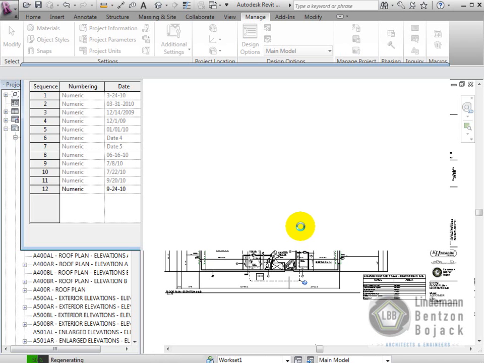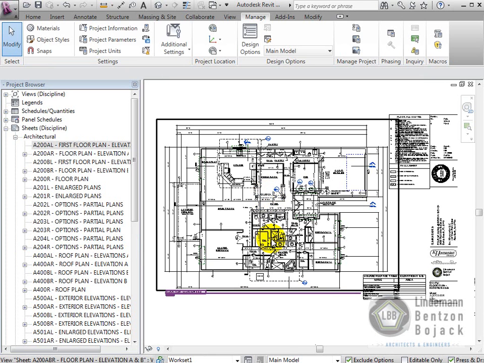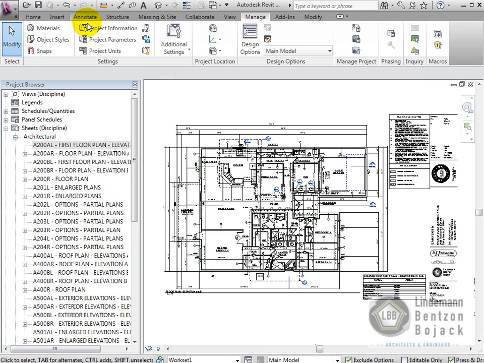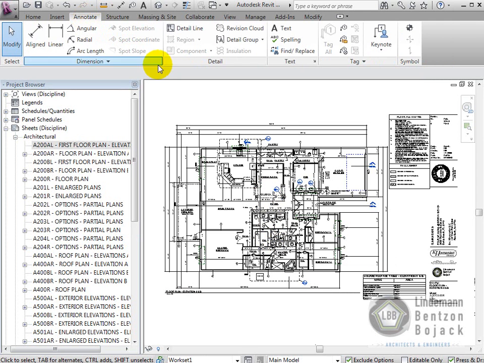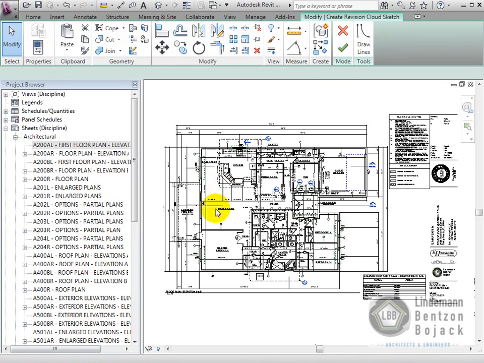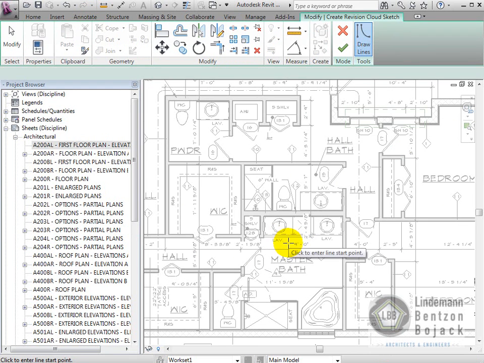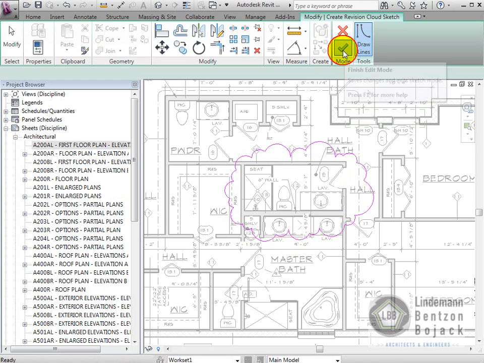So anytime I cloud anything in the project, I can automatically associate it to it. So if I go to the Annotate tab now and select my Revision Cloud tool, I'm going to zoom in on this hall bath here and just go around and select points so I could draw my revision cloud. Once it closes out, I come up here and say that I want to finish edit mode,